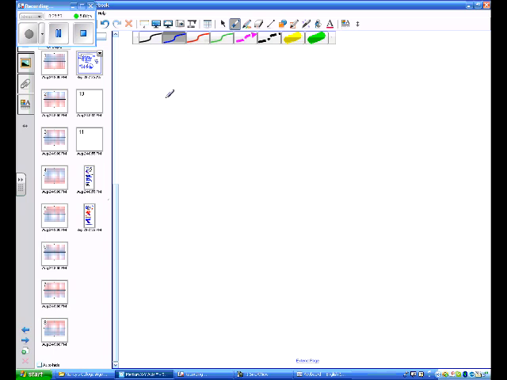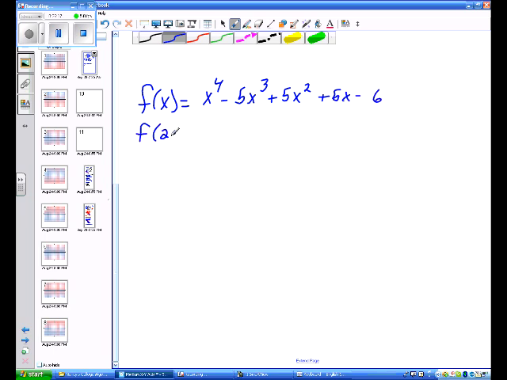Let's say that we have f of x is equal to x to the fourth minus 5x cubed plus 5x squared plus 5x minus 6. And we want to find f of 2. Well, instead of plugging it into all of those numbers and evaluating it, what I'm going to do is synthetic